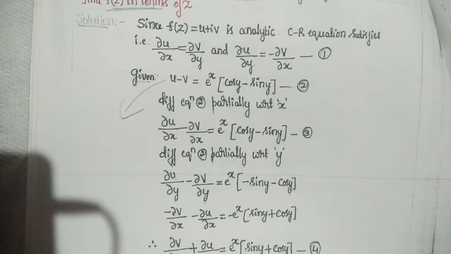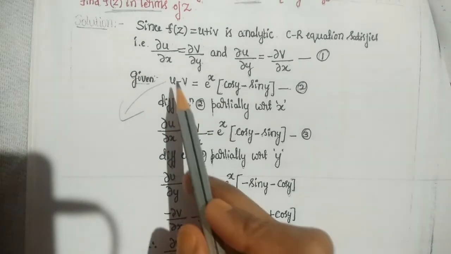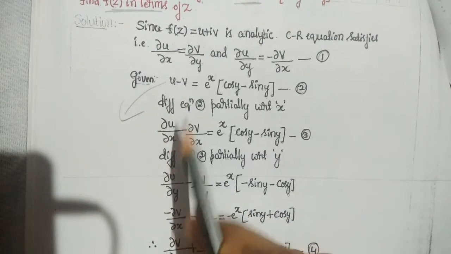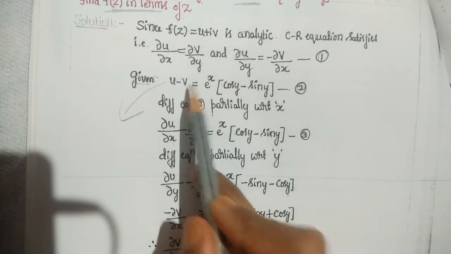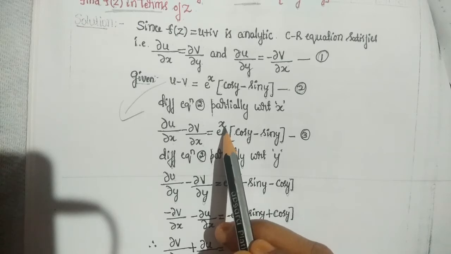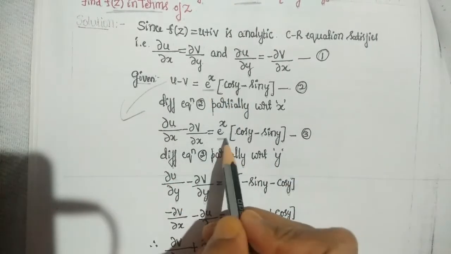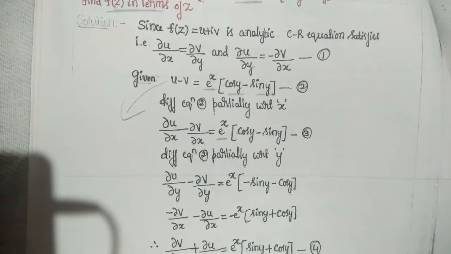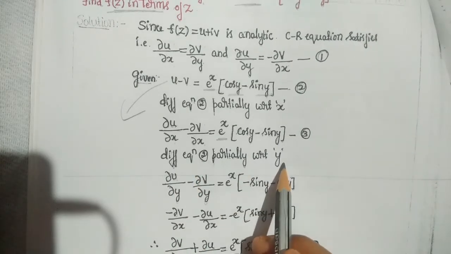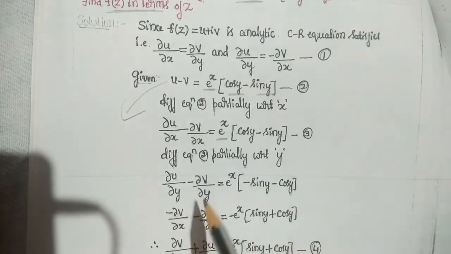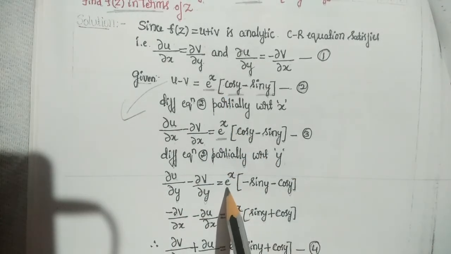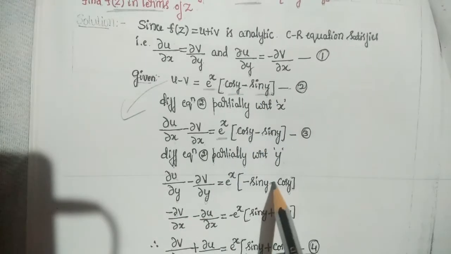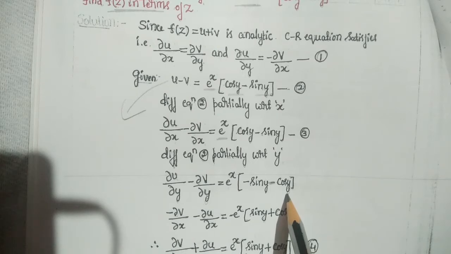Differentiate this equation with respect to x one time and also with respect to y one time. What you get? U differentiated with respect to x, since u is a function of two variables x and y, becomes dou u by dou x. And also v is a function of two variables, namely x and y, v becomes dou v by dou x, is equal to e power x into... So what is the differentiation of e power x? e power x itself. Here this is a function of y, so we have cos y minus sin y as it is. Now differentiate equation 2 partially with respect to y. What you get? dou u by dou y minus dou v by dou y is equal to e power x, it is constant, keep as it is. Next, what is the differentiation of cos y minus sin y? Minus. What is the differentiation of sin y? Cos y. Is it okay?